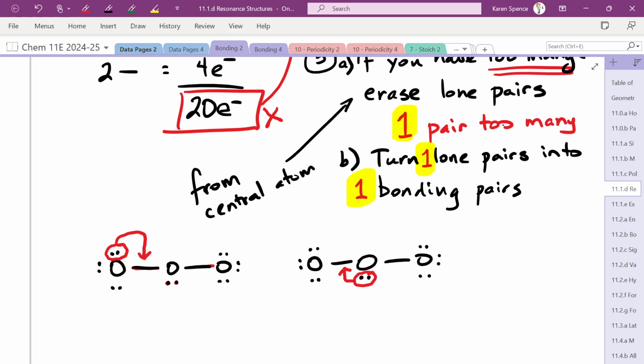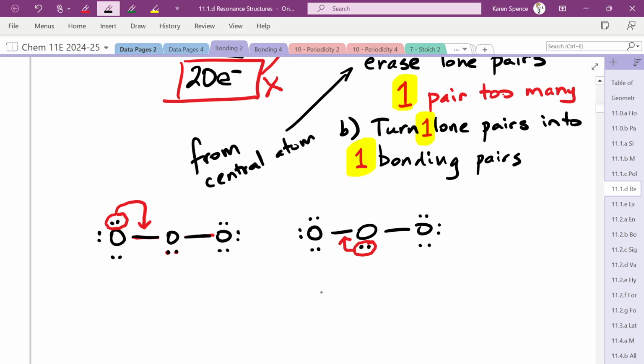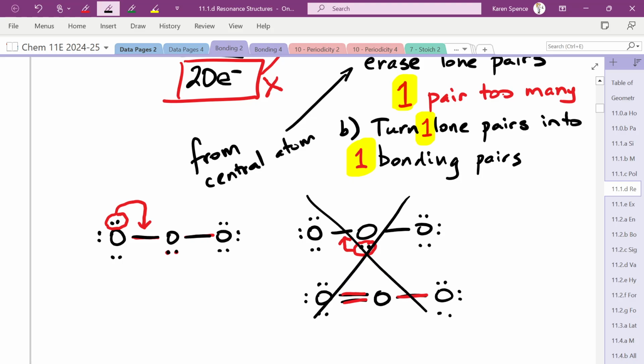Yeah, we haven't solved our problem, have we, right? We would still have, this guy over here would have 2, 4, 6, 8, 10 electrons. And this guy would still only have 2, 4, 6 electrons. And the oxygen on the right would be okay, but he would be the only one, right? So that's no good. That's terrible. So you have to make sure that the one you're moving actually solves the problem. Okay, so we're going to move this one in. So now we have oxygen, bond, bond, oxygen,